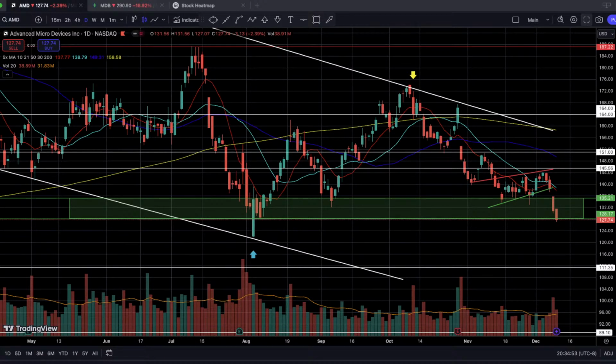Awesome. Okay, so with AMD, right? What we were looking at last Thursday was this potential for a bear flag to completely form and then eventually confirm it by breaking to the downside. And that's exactly what we did since this week overall began.